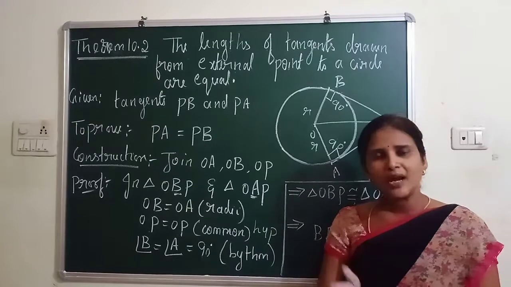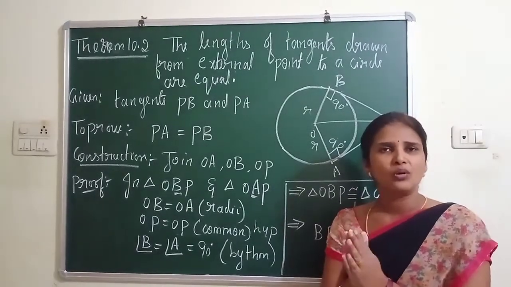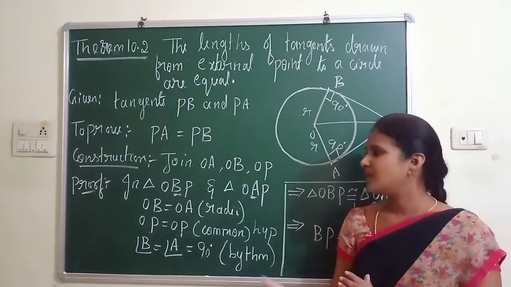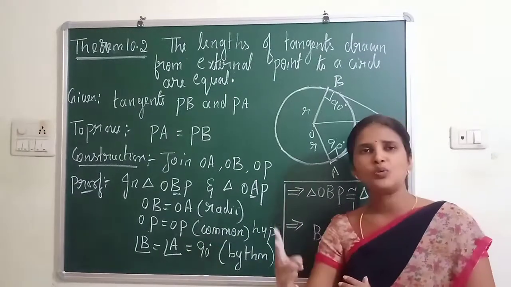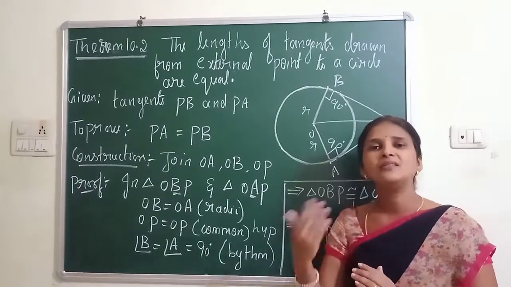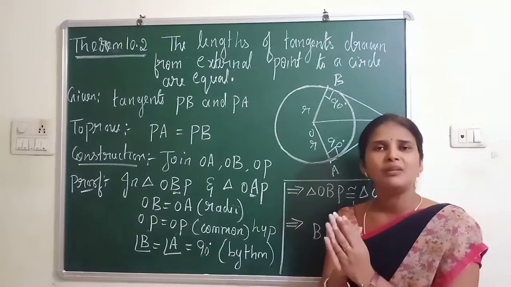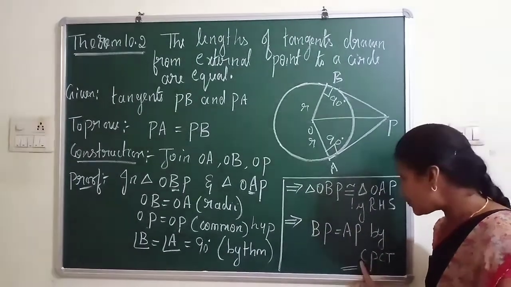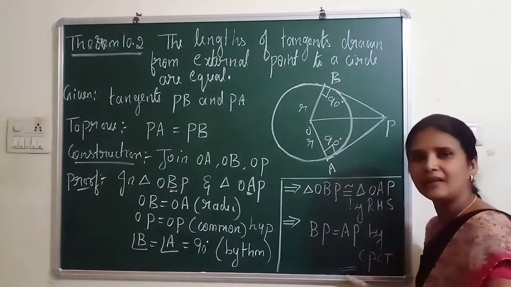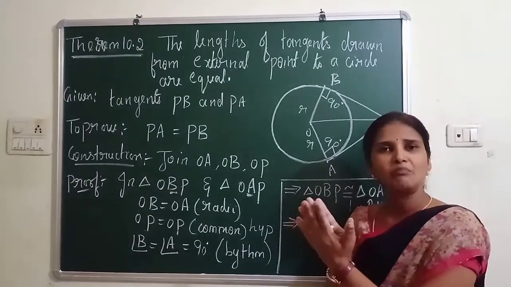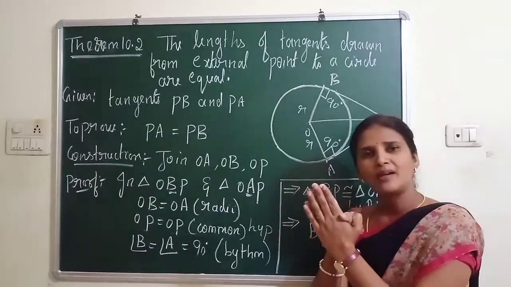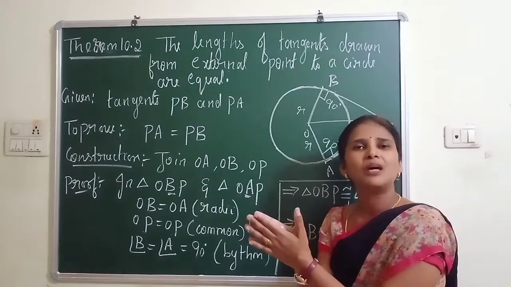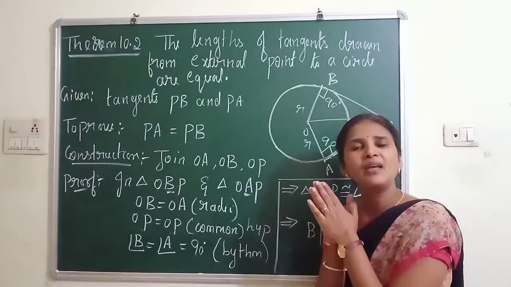And once you prove that two triangles are congruent by using 3 matching pairs, what about the other 3 components? Here I have used 1 angle and 2 sides. So what about the 2 angles and the third side? Automatically they will be equal by CPCT. What is the meaning of CPCT? Corresponding parts of congruent triangles. So if you see this, these are corresponding parts. If I prove that my 2 hands are coinciding here with the 4 fingers, corresponding fingers, automatically my thumb fingers will be equal, that is by CPCT.